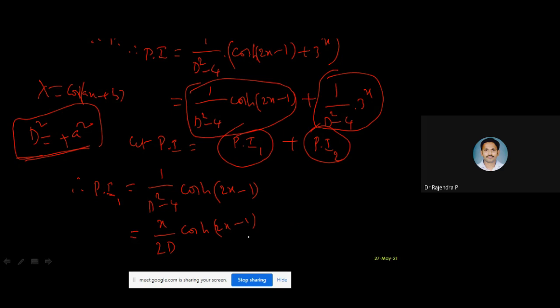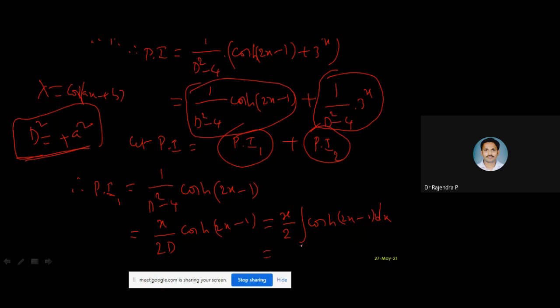Have you understood this step? Yes. So now here, 1 by d stands for what? Integration. So while doing integration, always keep in mind that whatever you supplied, x, you should not consider. So x is supplied by you, 2 is anyway a constant. I am writing the integral of this particular function, cos h of 2x minus 1 into dx.